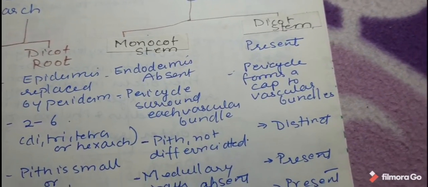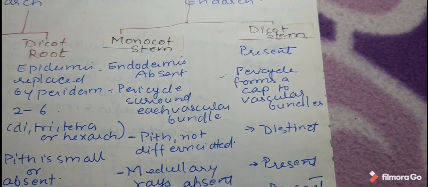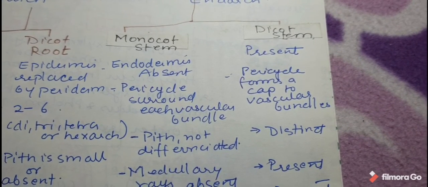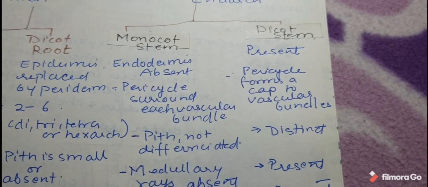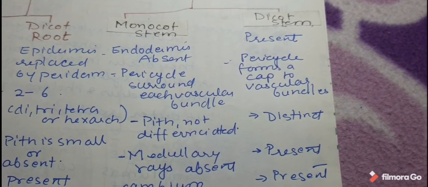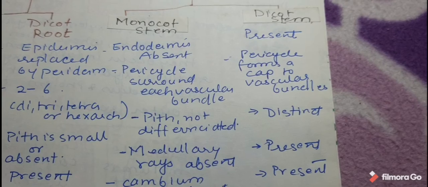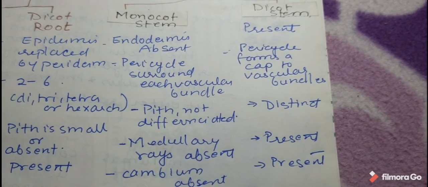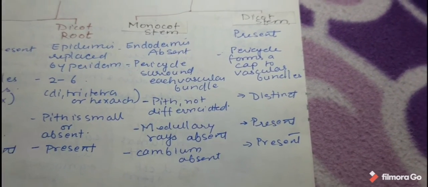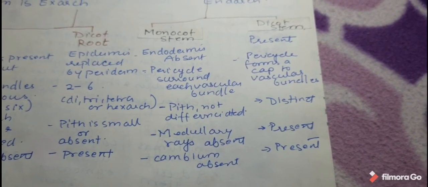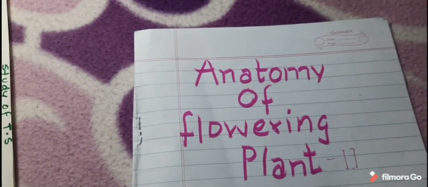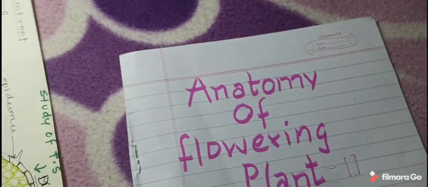Now, if you see the monocot and dicot stem, endodermis is absent here, whereas in dicot stem it is present. Pericycles surround each vascular bundle in monocot, whereas in dicot the pericycle forms a cap to the vascular bundle. Pith is not differentiated in monocot, it is very distinct in dicot. Medullary rays are present in dicot, whereas they are not present in the monocot, and they are responsible for the secondary thickening in dicots. And cambium is of course present in the dicot, is not present in the monocot. Now if you look at their diagram you will understand in much